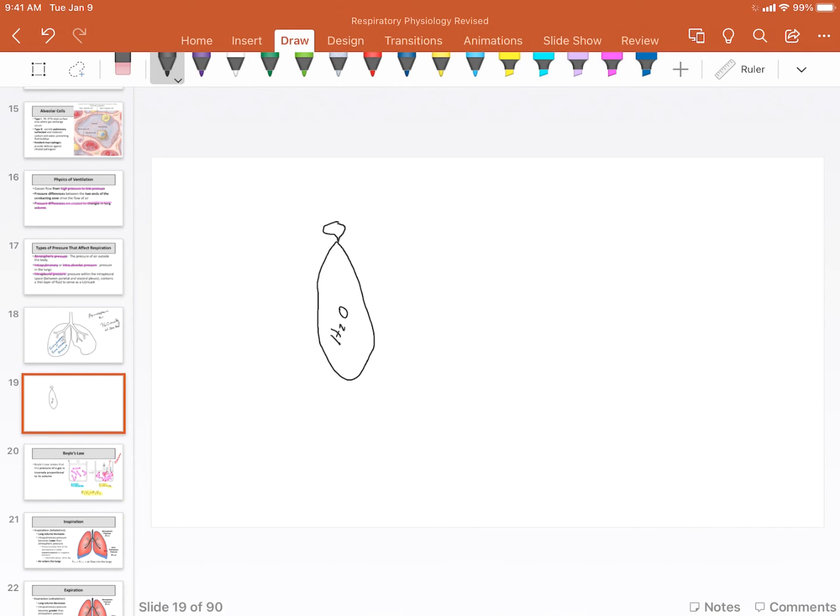Now I want you to imagine taking your fist and putting it into the water balloon so that you are wrapping your fist in your water balloon. And so maybe these are your fingers and your knuckles, and I guess we'll put a thumb there, and we have our little mutated fist right here. The water balloon,